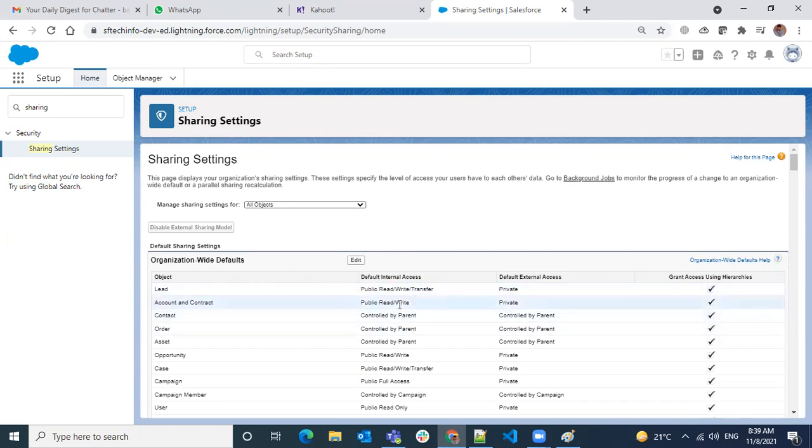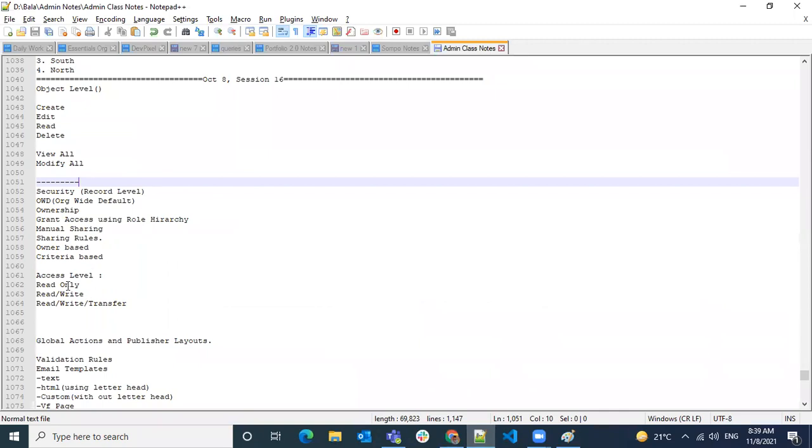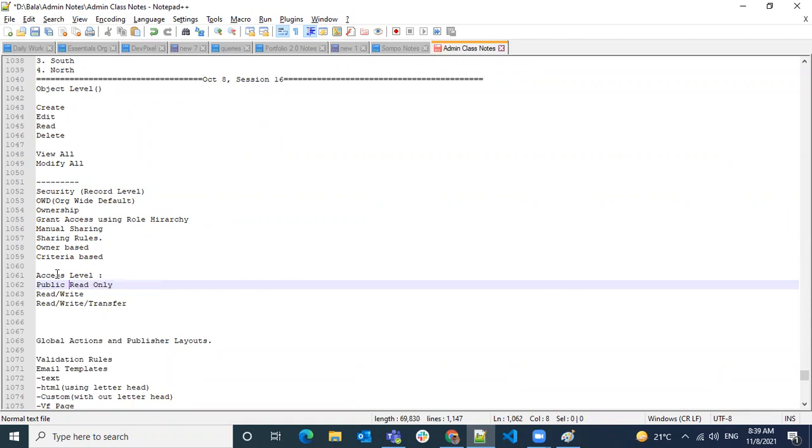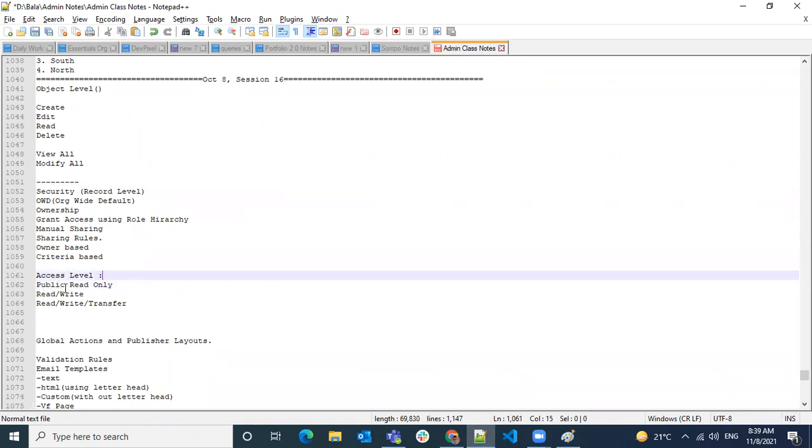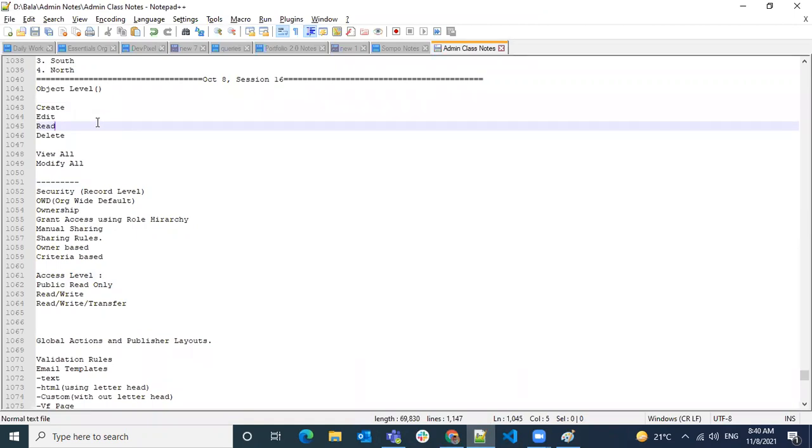What are the different options available here? Public read only means for all public, you're going to make it read only. That means it's a minimum level. Let's take an example of a house key, bedroom keys and kitchen keys.